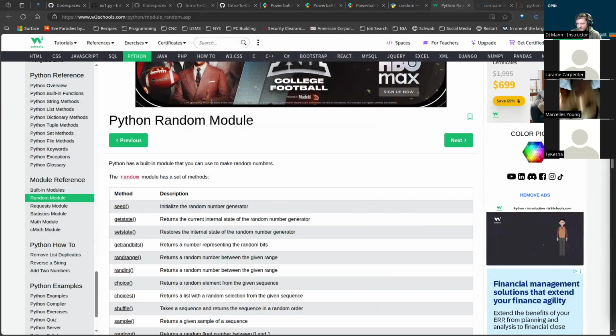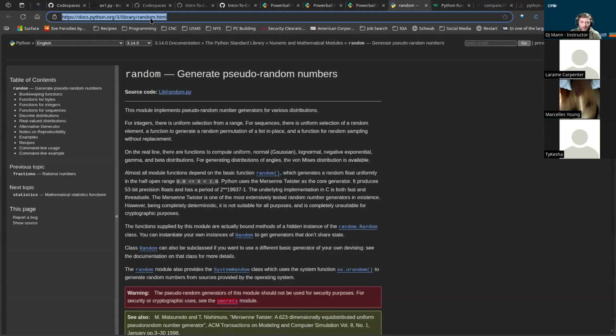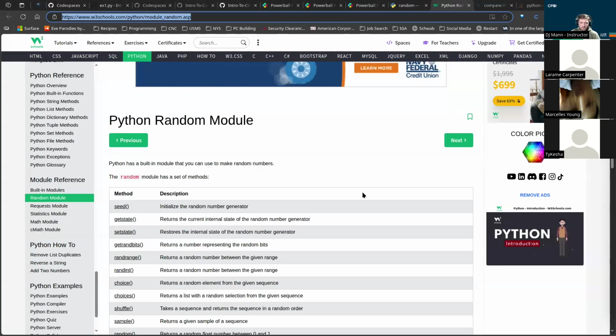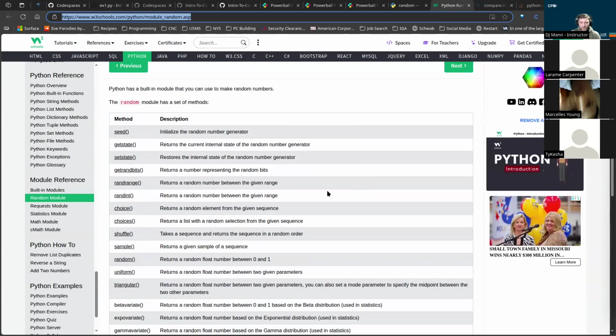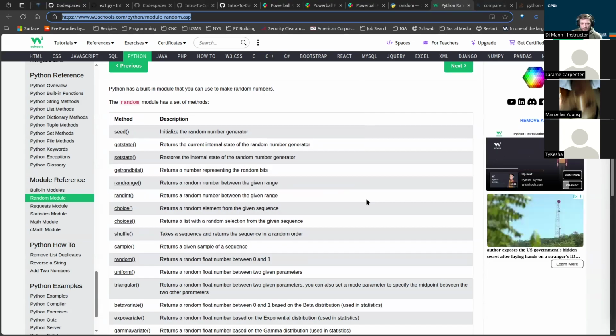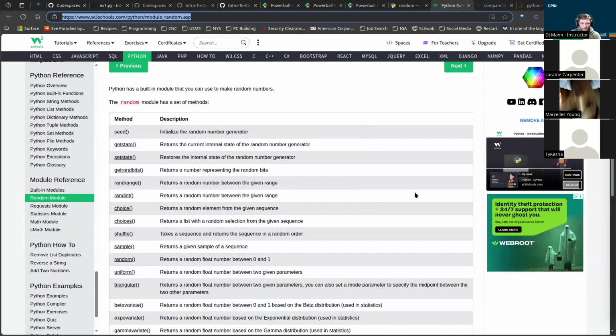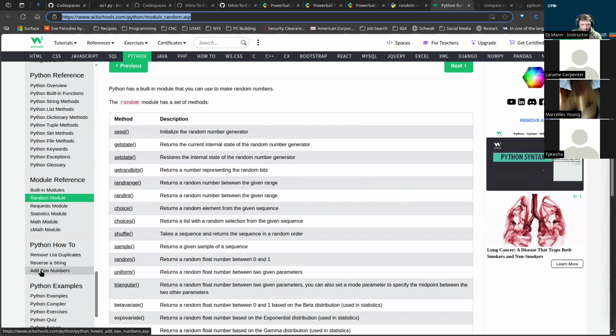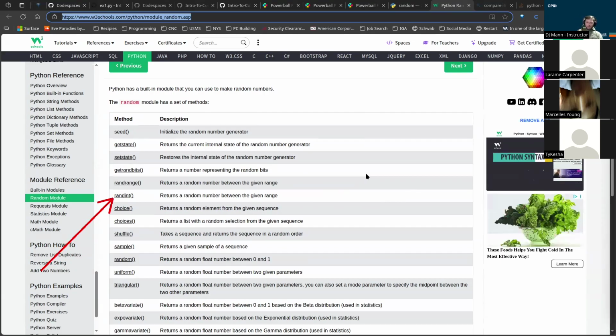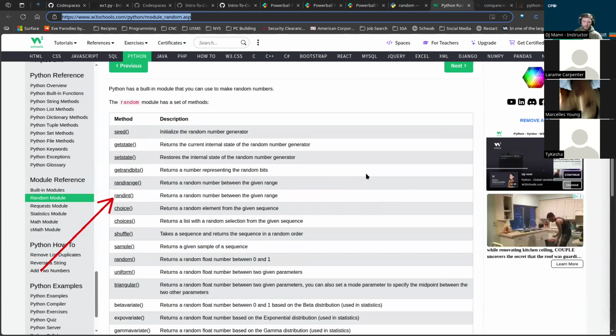There are two versions here. There are two different pages, and I'm going to show you the reason why I'm giving you two in a minute. Now, we'll start with the easier to read one really quick. From this list, I know we can figure out that might be one of the methods we're looking for, this randint. Now, this gives you a single line